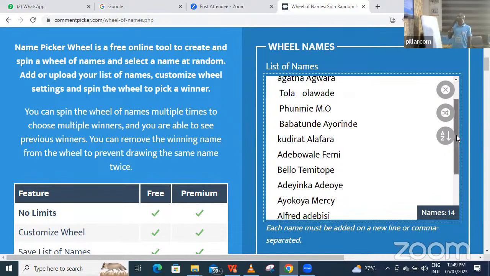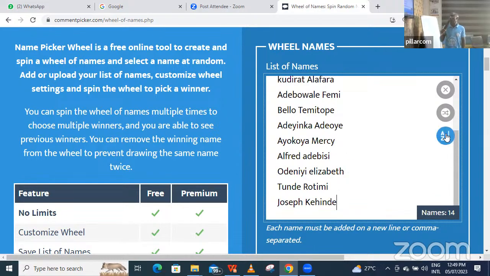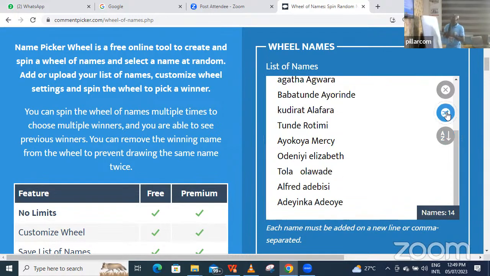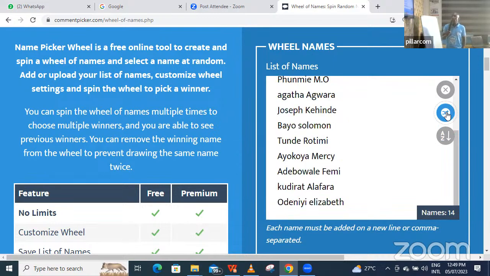Okay, please, who wants to roll now? Please, can you shuffle the names? Let's shuffle the names. Yes, who wants to shuffle the names? The names have been shuffled. And let's go to our